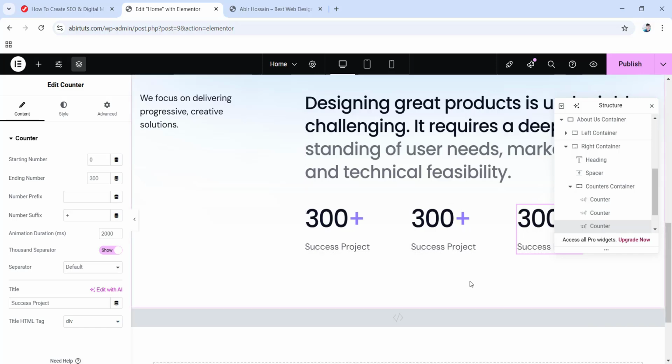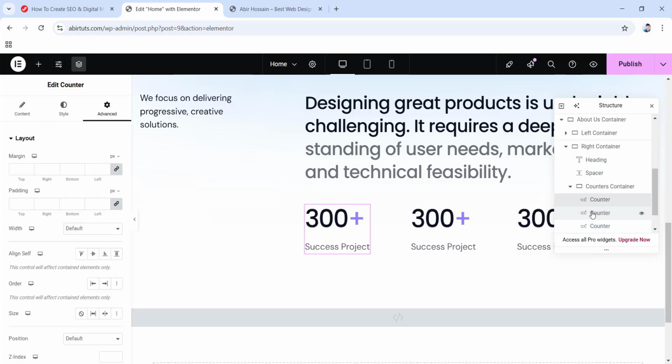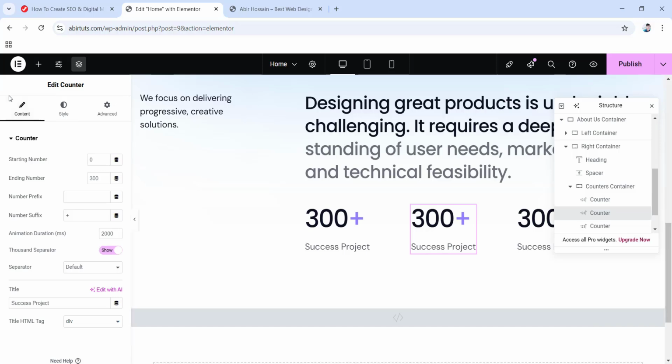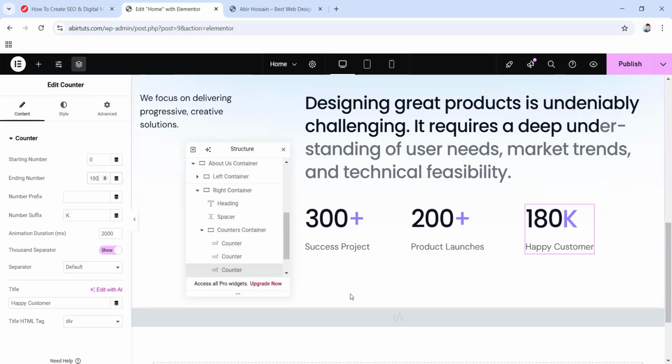Cool. Now you can choose any of these counters as you wish, and then from its content tab you can change any of its content, okay? So I'll just change the contents of these two and then I'll be right back. Alright, so I'm back after changing the contents of these two counters, and now I'm just gonna choose this third